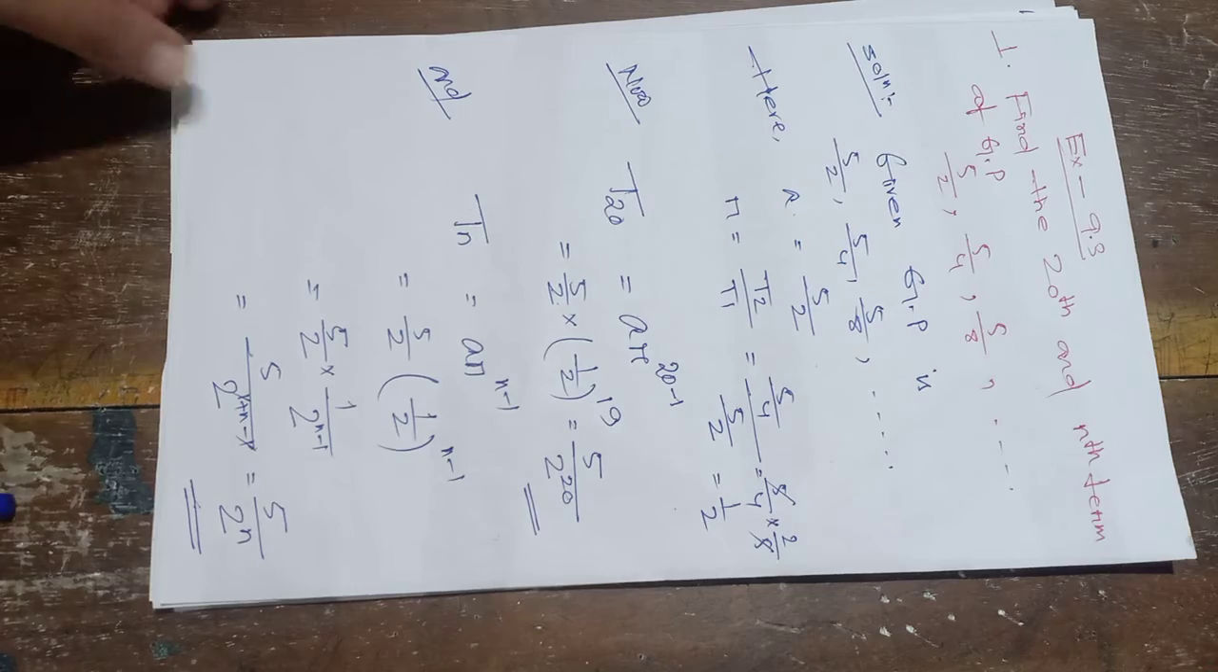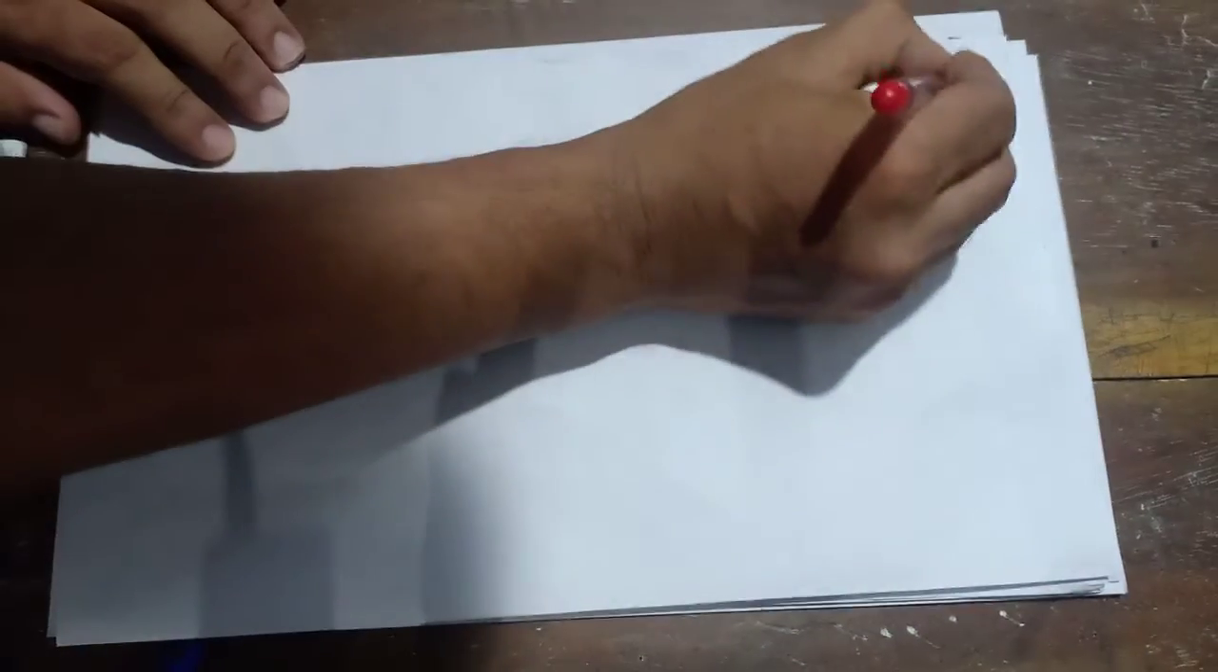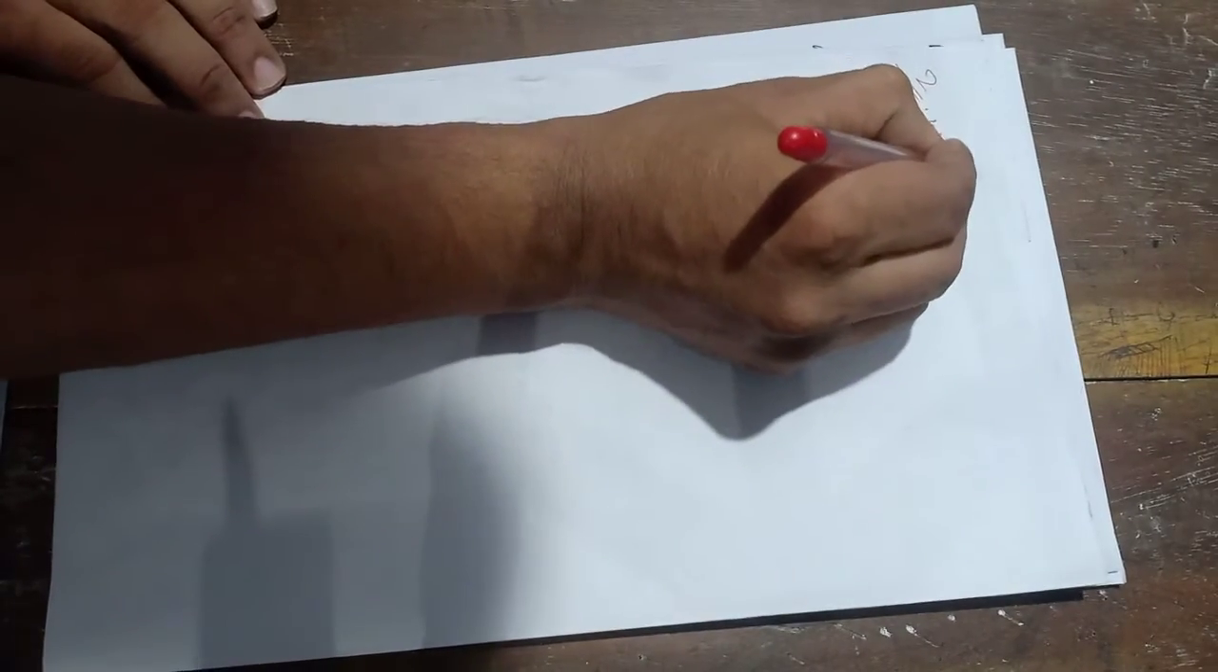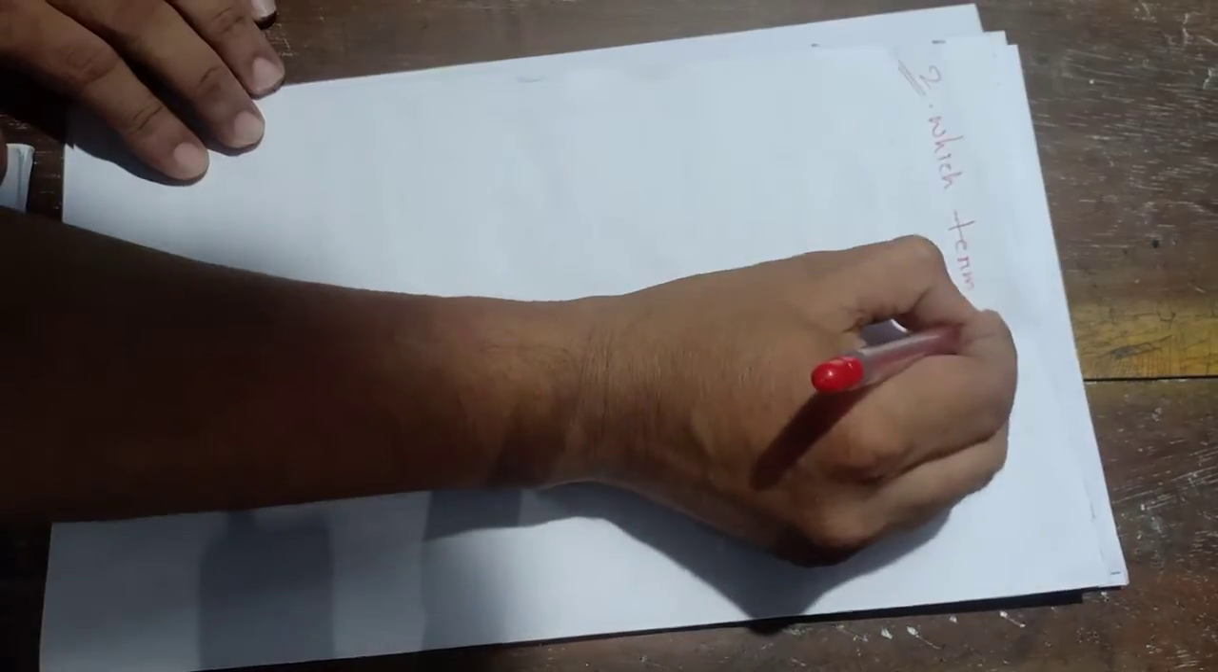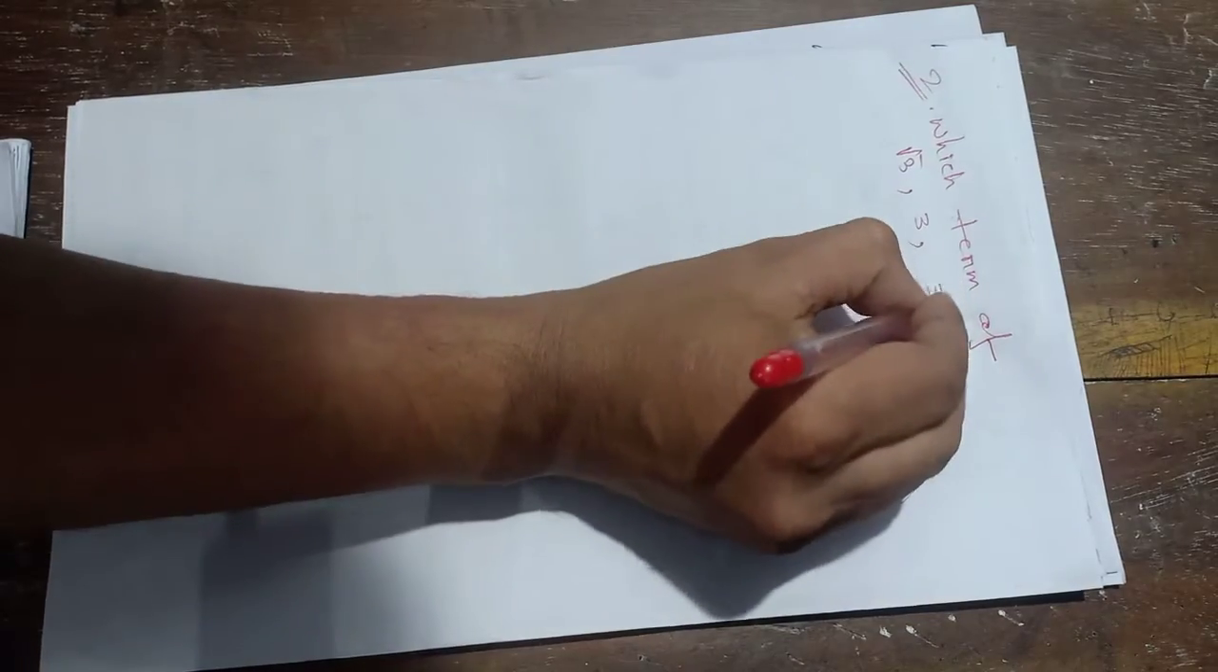So students, I hope all of you understood. Now let us take another question, question number 5 from the textbook. The question is: which term of the following sequence root 3, 3, 3 root 3, and so on is